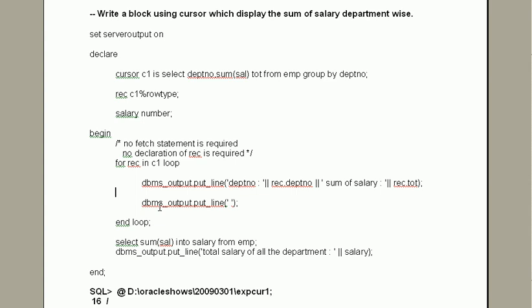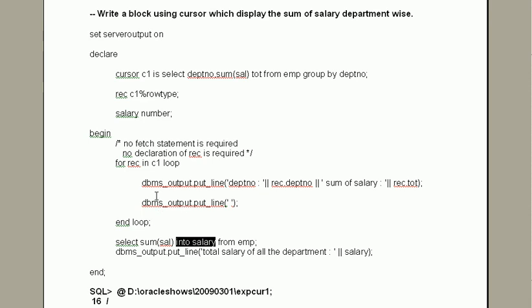So here we are printing a blank line, ending the loop, and at last we are taking the grand sum of salary, and by this into salary, we are giving the total of salary to the variable salary.